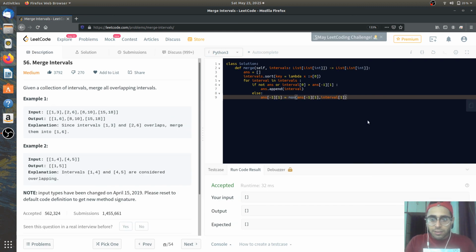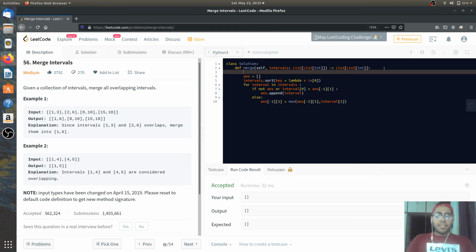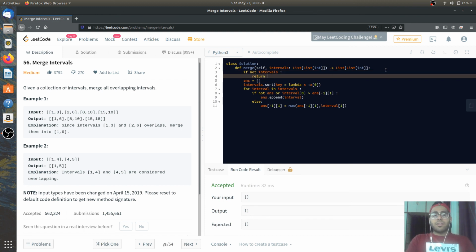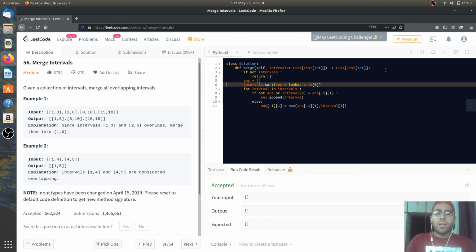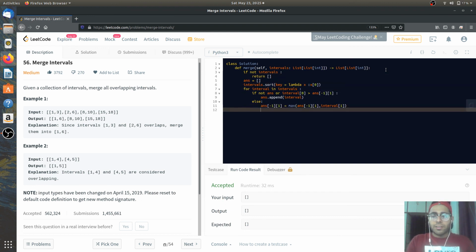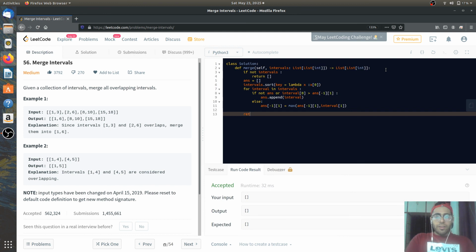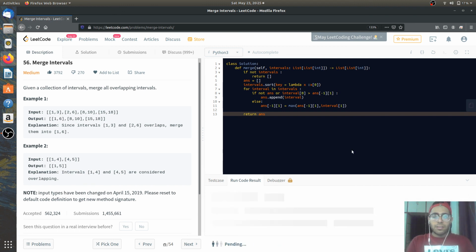Let's run this. Another test case which I want to add, that means the corner case: if intervals is empty, we just return an empty list, although this is not necessary, but for our convenience. Otherwise we'll return the answer, and I guess it's correct. Let's hope for the best and run this.